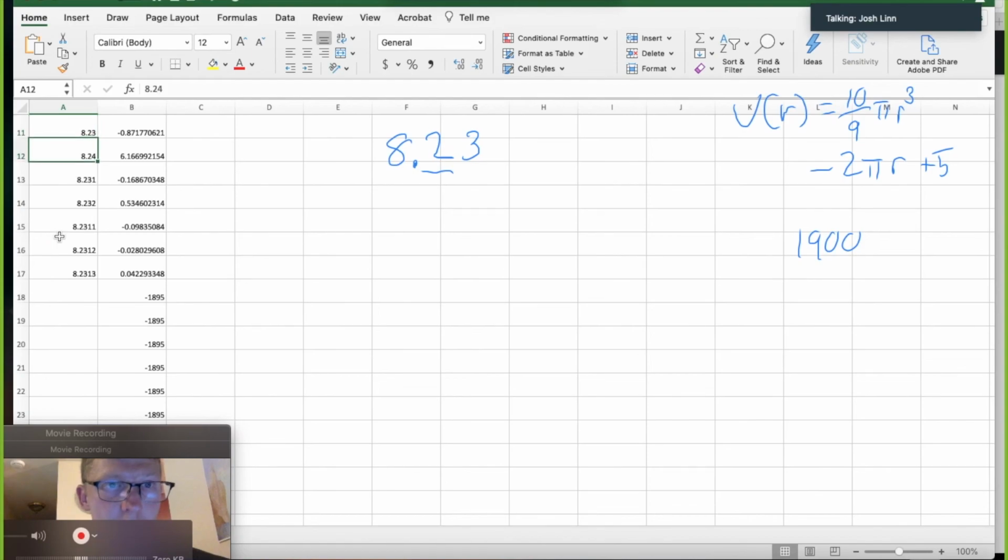So let's see, 8.31, 8.32, and again, we went from a negative to a positive. My 0 is somewhere in between there. So that was 8.31,